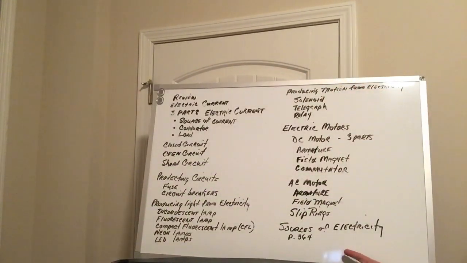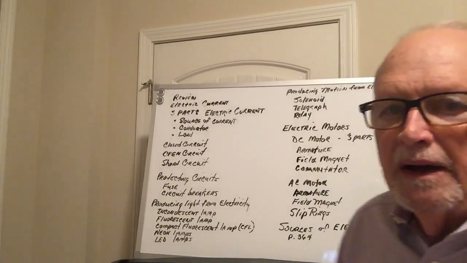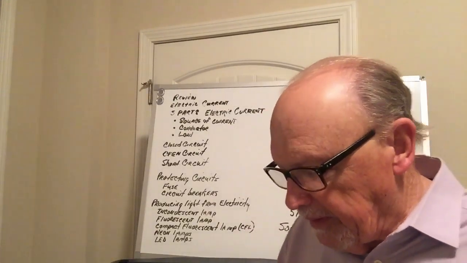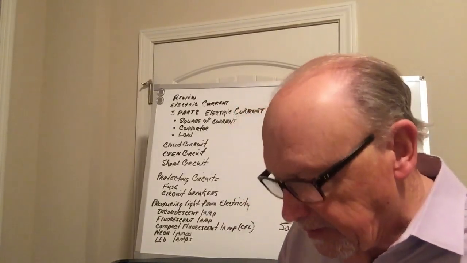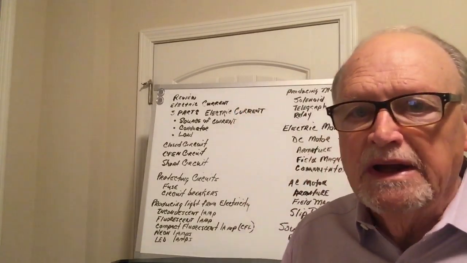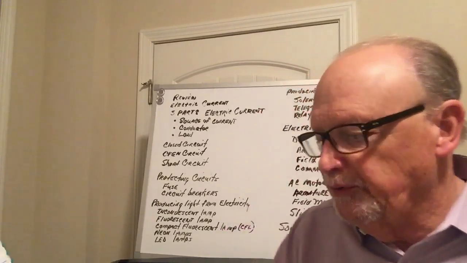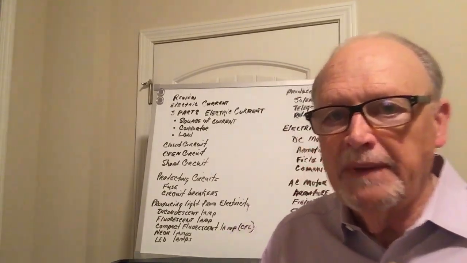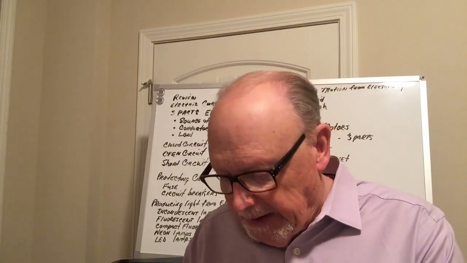Then we talked about some sources, and finished yesterday with a few sources of electricity. As we talked about that, we talked about, of course, light, and we talked about friction yesterday, and an example of that is lightning, of course. We talked about chemical reactions and getting electricity. We talked about motion in the magnetic field, which we've been talking about as we've been going through this. And then we talked about pressure